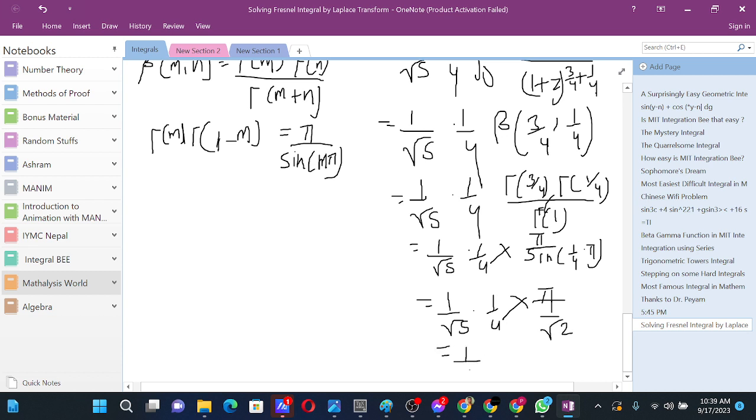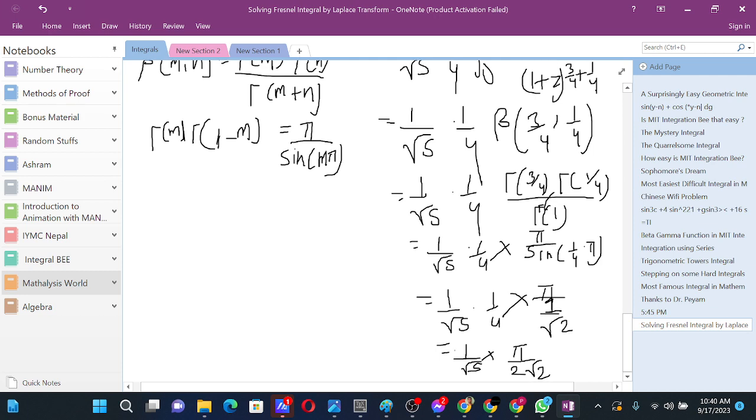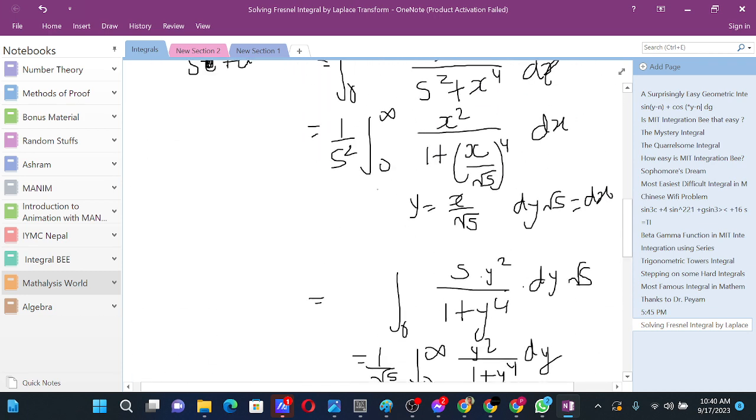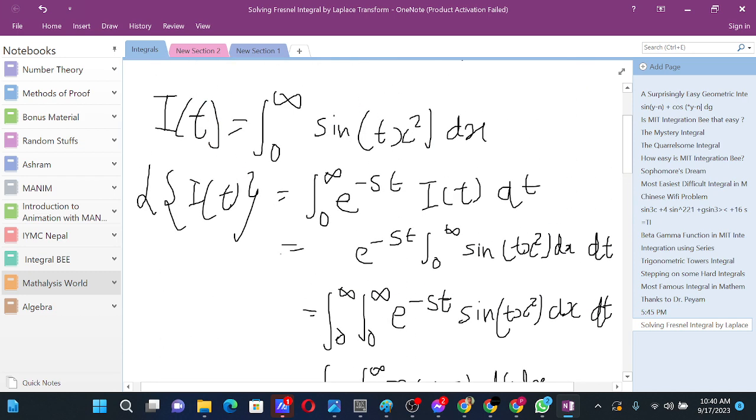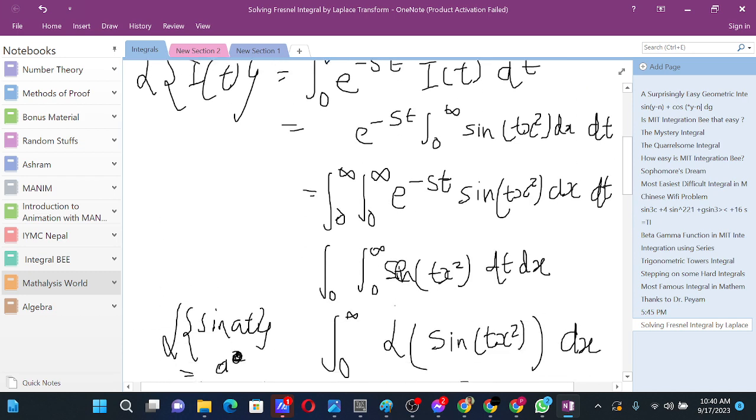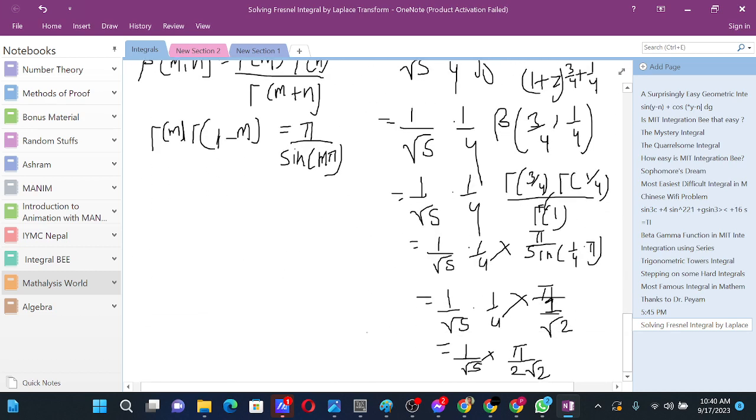So that's 1 by root s into 1. This is pi, sorry, so this is pi by 1 by root 2, so that will be pi by 2 root 2 now. So now I finally evaluated the Laplace transform over here. So now we have Laplace of I of t as for all this evaluation, and now we can write here